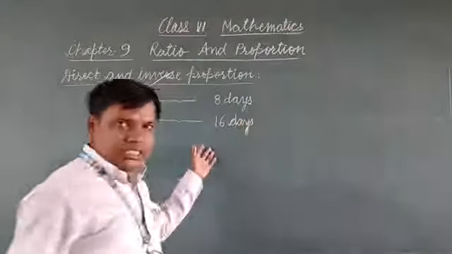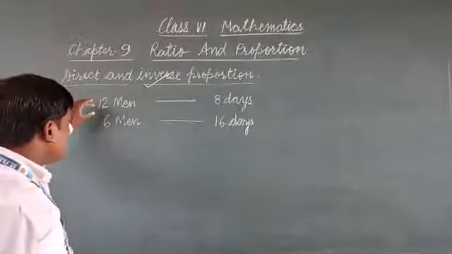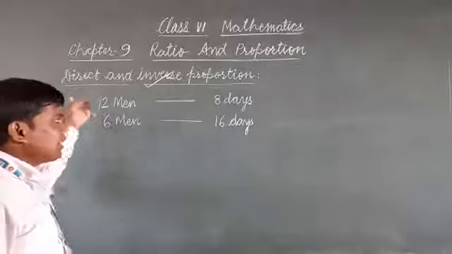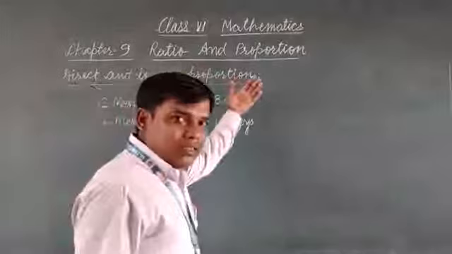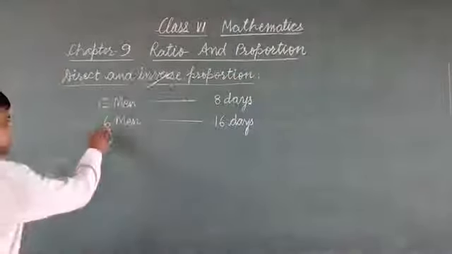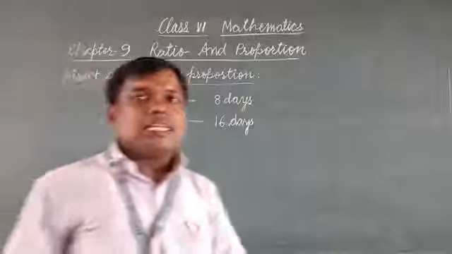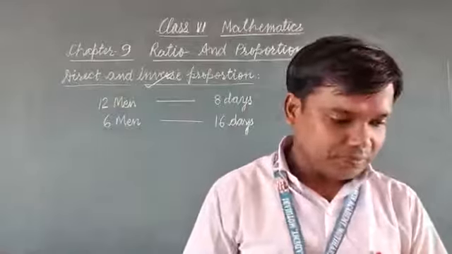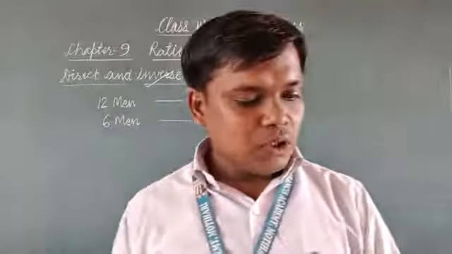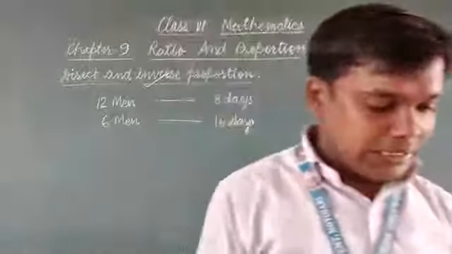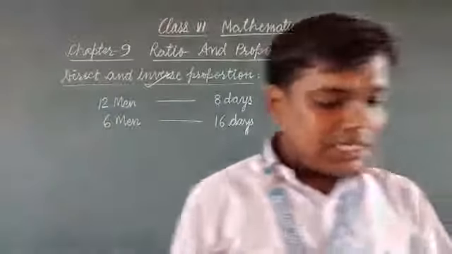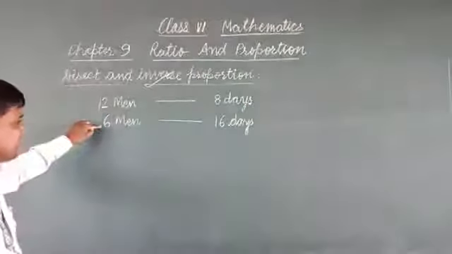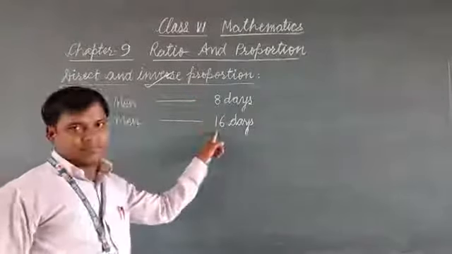How does it come? We will see the example, then you will understand. It means if one quantity is decreasing by half, then another quantity is increasing by 2 times. This is the case of an indirect variation or inverse variation. So we can say that an increase in one quantity results in a decrease in another quantity or vice versa. It means if one quantity is decreasing, then another quantity is increasing.